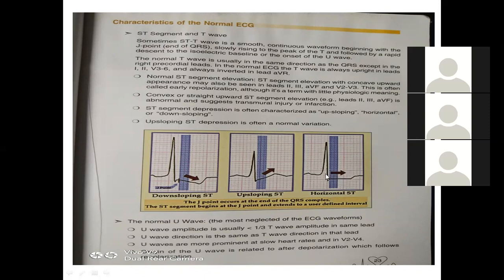Is it clear? One thing remember, in ECG everything has to be up except for ST. Except for the ST segment everything has to be up. कुछ भी नीचे गया, अब ये भी नीचे गया, देखो ये भी नीचे गया ना, ये also गड़बड़. This has gone down, which means there is down sloping. Is it clear? So when you look at an ECG, anything which goes down is something we have to understand, उसके हिसाब से report करना.